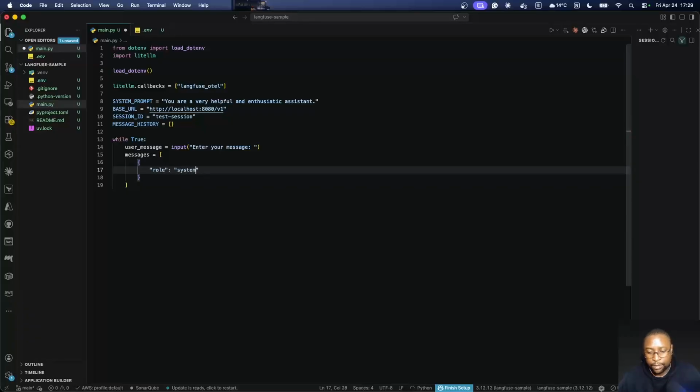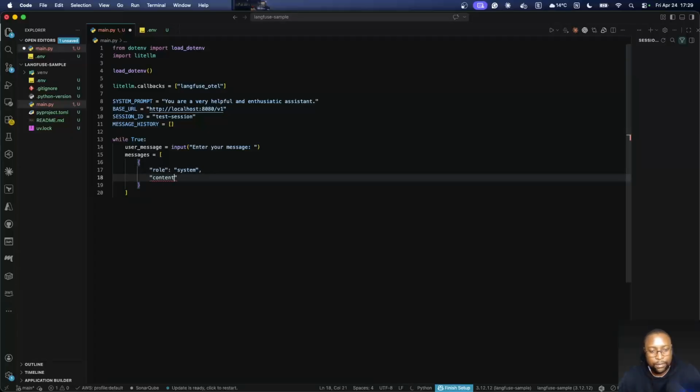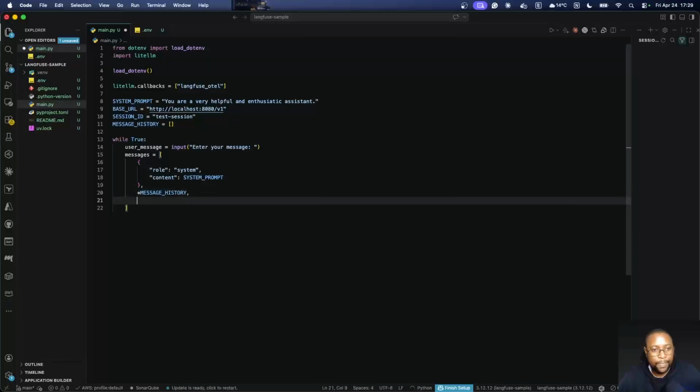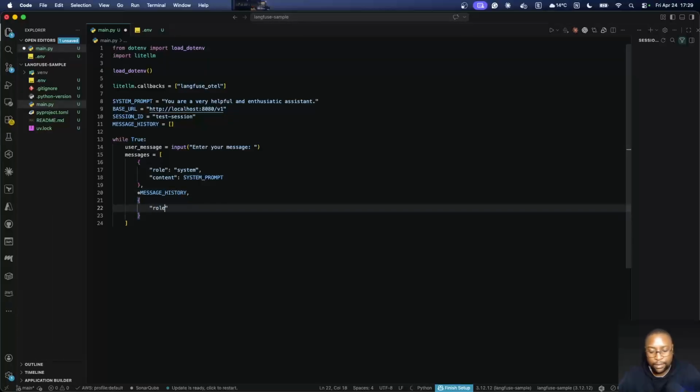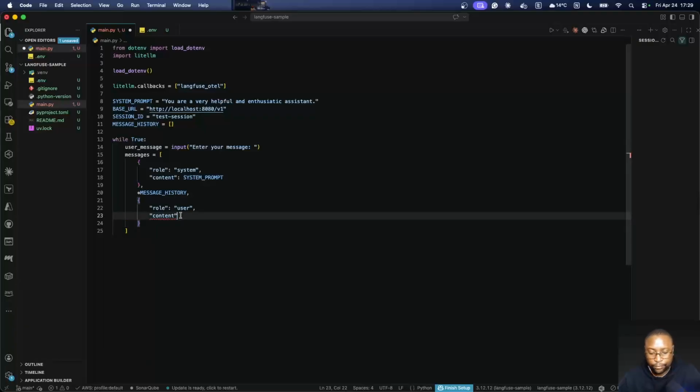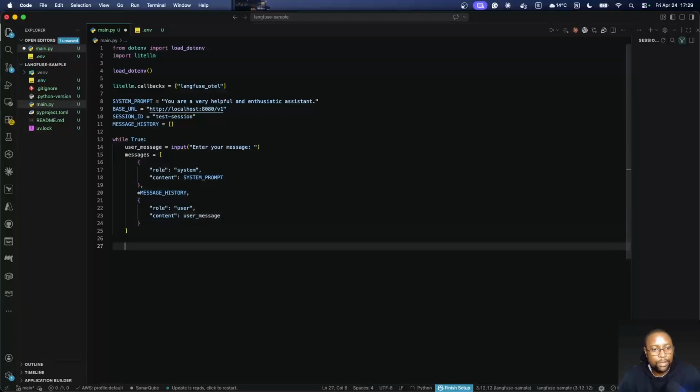So system, the content is the system prompt. We also want to append the history or message history. And now lastly, the user's latest message, so we can have a nice multi-turn conversation, and they are the content user message. Right. Let's get our response, which is LiteLLM